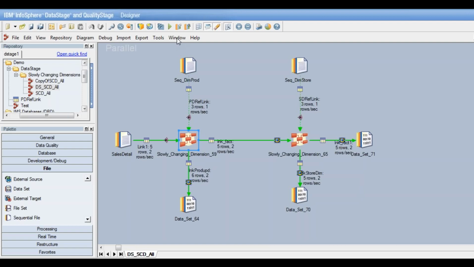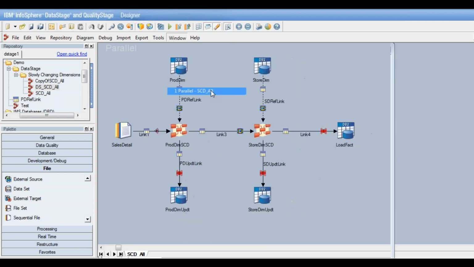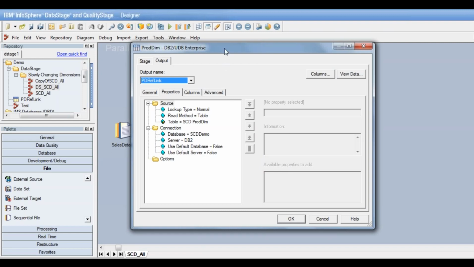So this is all shown using source sequential files. If we need to use database stages, this is how it will look. We cannot run it because the connections are not established, but this is how it needs to be set up. So we have considered that DB2 is the database, DB2 tables are there. They have used the DB2 enterprise stages, but we should go for connector stages, which are the recent versions of all these database stages.